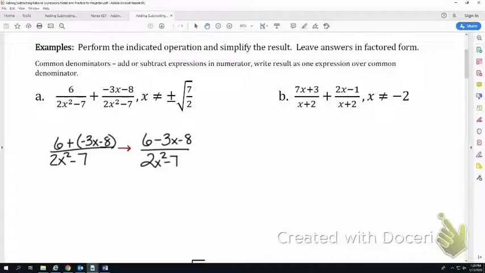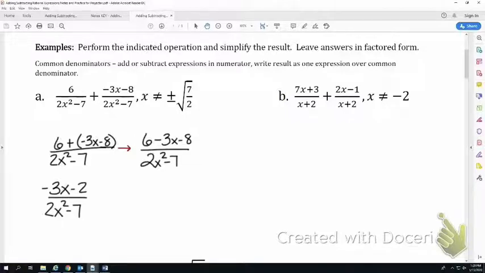After that, I've got 6 minus 8, which is going to give me negative 2. Would it be negative 3? Yes, ma'am. Thank you. So now I look at this,